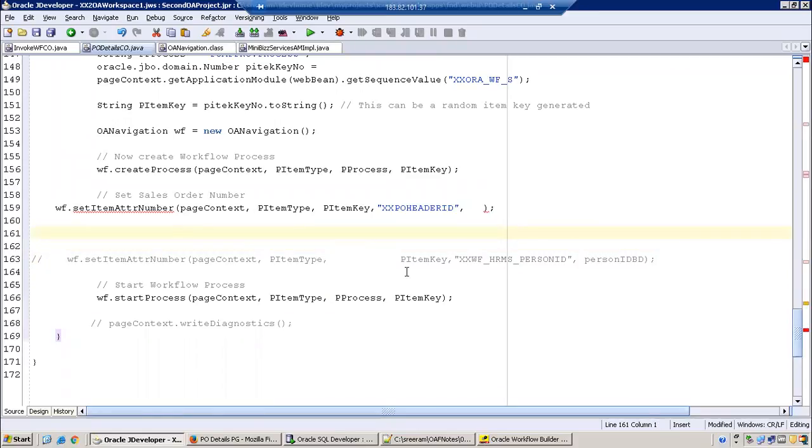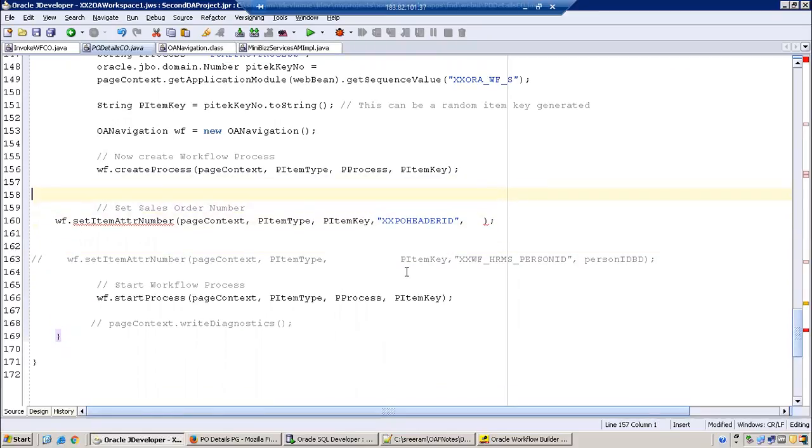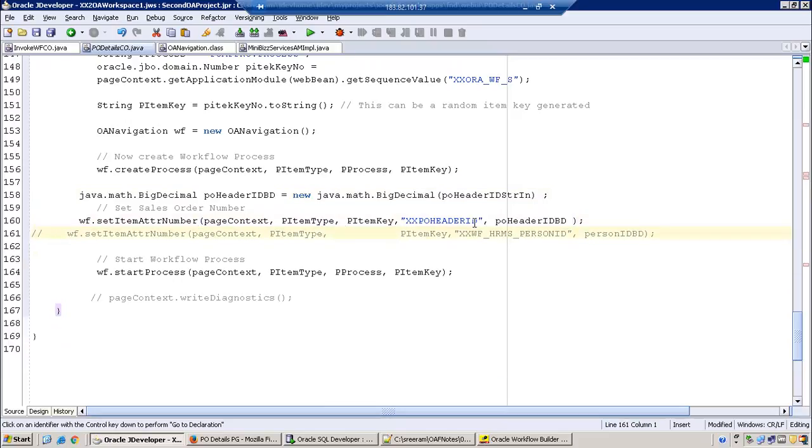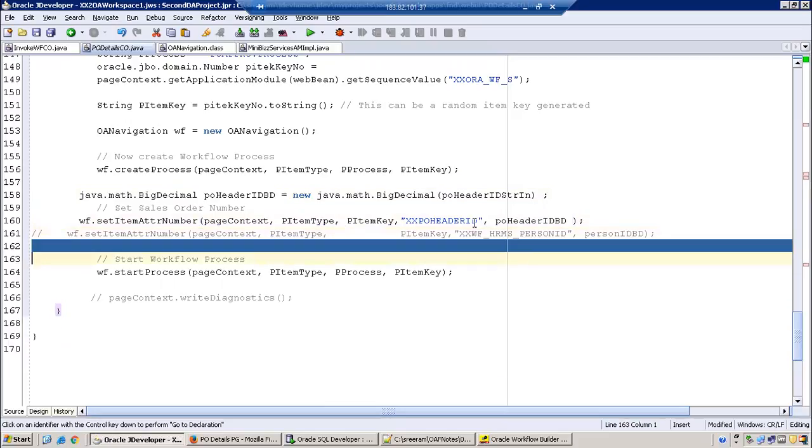So I'll put PO header ID BD, big decimal. Big decimal is the data type. It's a larger integer, I mean to say.